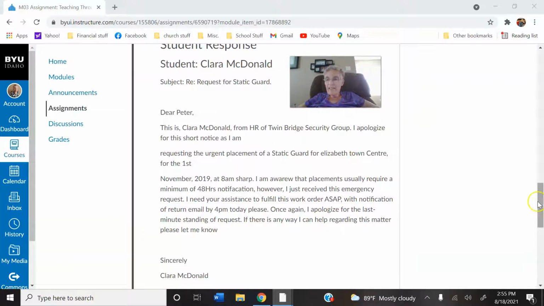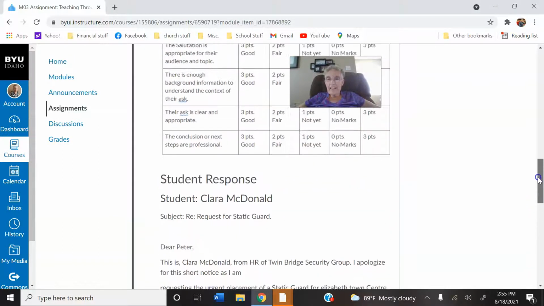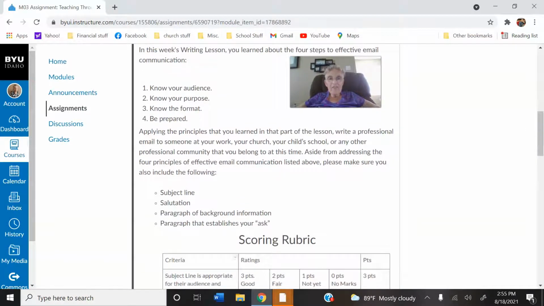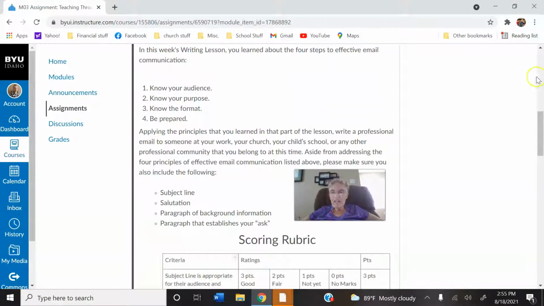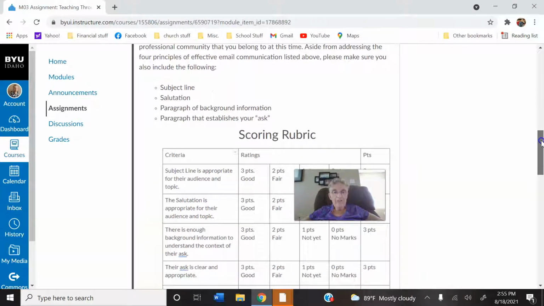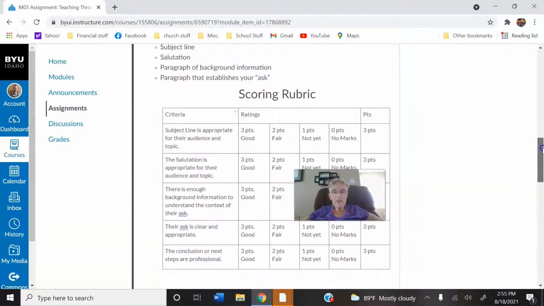Let's look back at the assignment for a second here. It was asking that you have the 4 steps to an effective email: your audience, your purpose, the format, and being prepared. And you're graded on the subject line, the salutation, a paragraph of background information, a paragraph that establishes your ask.